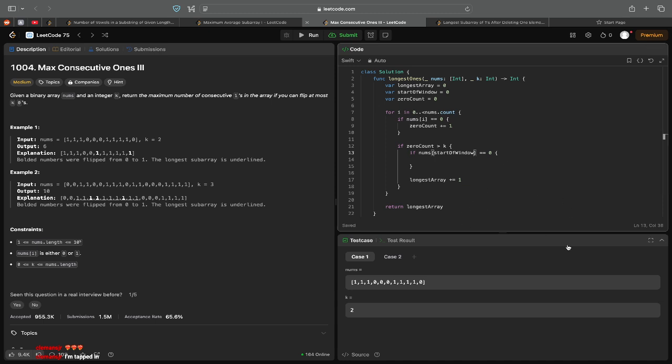If our zero count is less than the 2, which would be our k, we want to check if the start of the window is equal to 0. If it is, okay, so we'll decrease our 0. And then we're assigning it